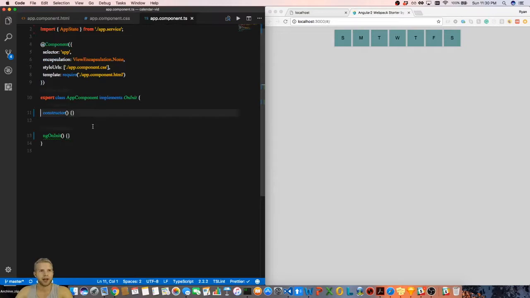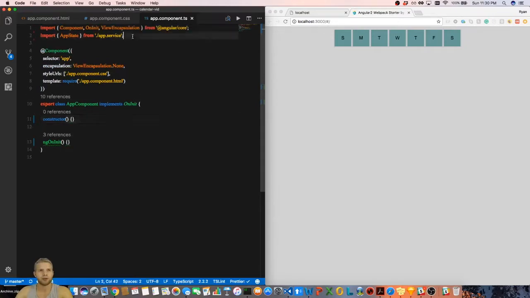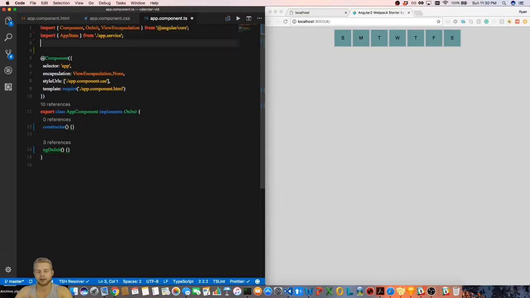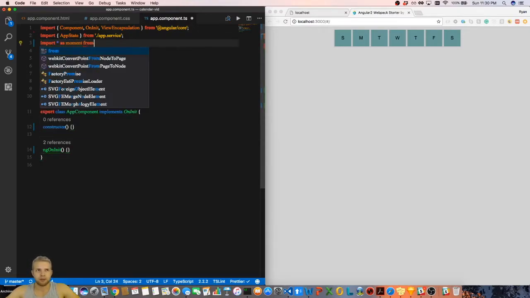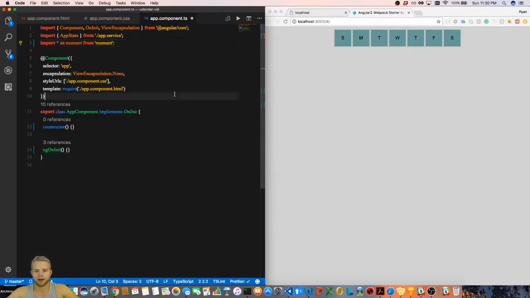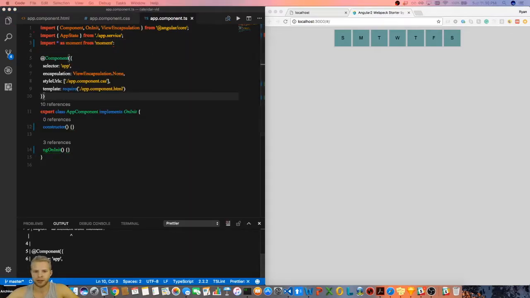We're going to come into our app component, and we're going to import. I already did this. Just do npm install moment. I've already done this, so I'm not going to do it again. I'm just going to import the moment library. Awesome. All right. So now that I've imported the moment library,